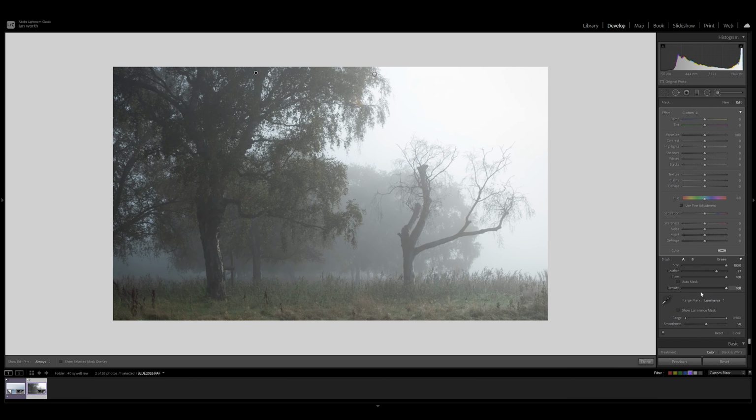Now the next thing I'm going to do is come down to the picker tool down here and click on a shadow area. So I'm going to click on here. See now how that's changed our range mask here. Essentially everything between these 2 points falls within the shadows. Now if I press O on my keyboard, you can see now where that area that's painted in by the brush is being affected. You can see all this left hand side here, all these darker areas. They're being affected by the brush now, where everything on the highlight side of things is not being affected by